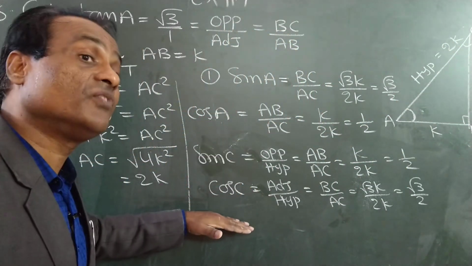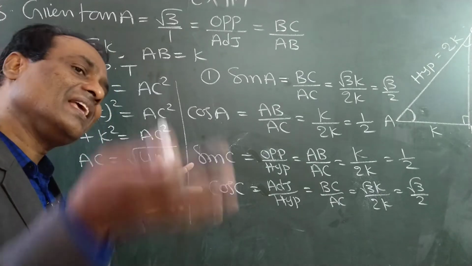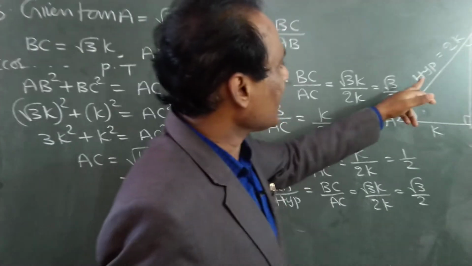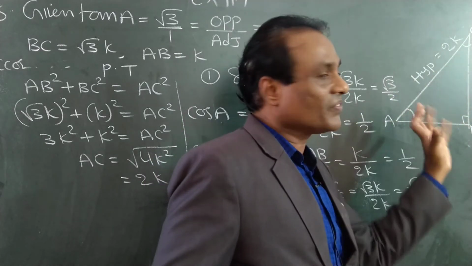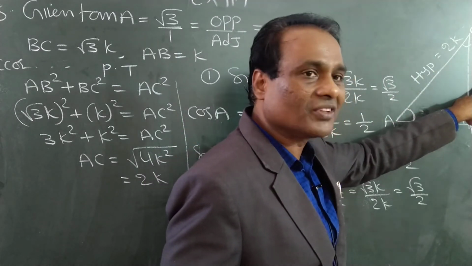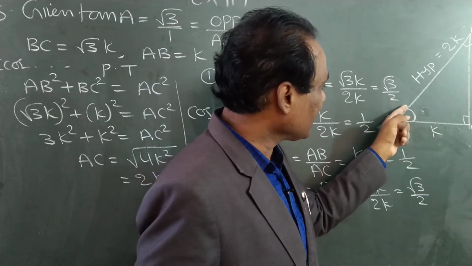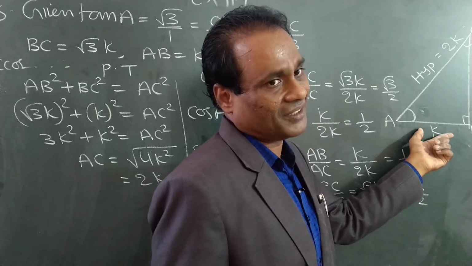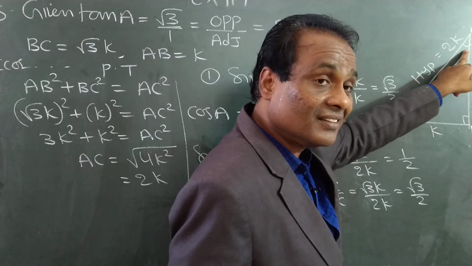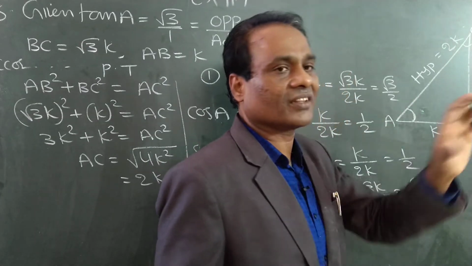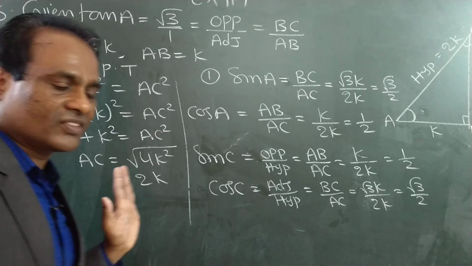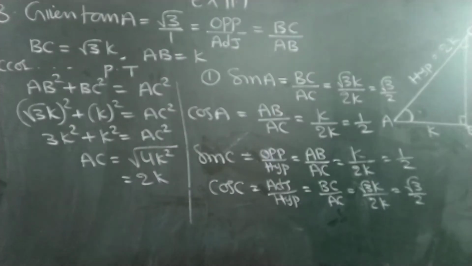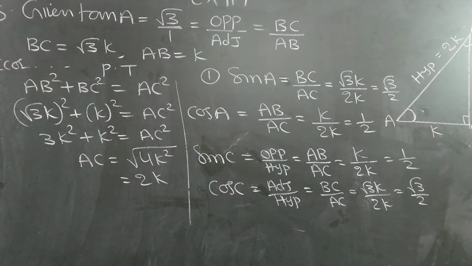But here some confusion starts, though this is not new. Already I explained many times that hypotenuse will be the same, opposite and adjacent will change. Sometimes this is opposite, sometimes this is opposite. Why? If we take this angle, this is opposite. If it is opposite, automatically this will be adjacent. But when we are taking this angle, this will be opposite, this will be adjacent. That is the confusion. Followed or not, just tell me. And write down fast and substitute in the given question. Following or not?